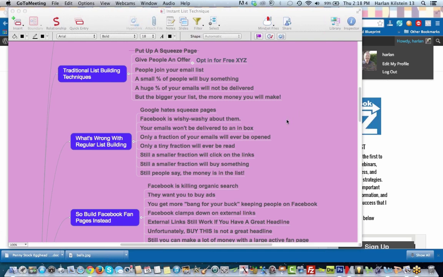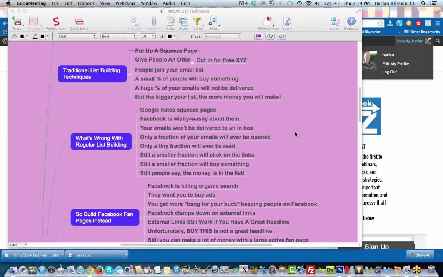Okay, so let's say that your emails get into the inbox. Only a fraction of your emails will be open. People talk about their open rates. I know that Frank Kern, when he had a dog list, said that his email open rate was, ready? 0.5%. Okay? He still made money. He made $1 million that year, but